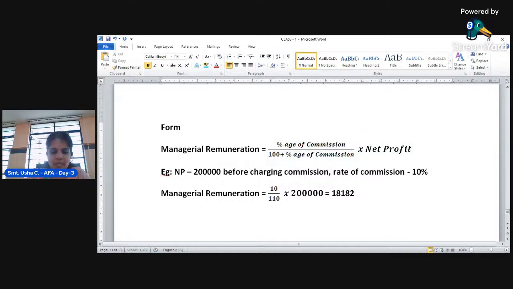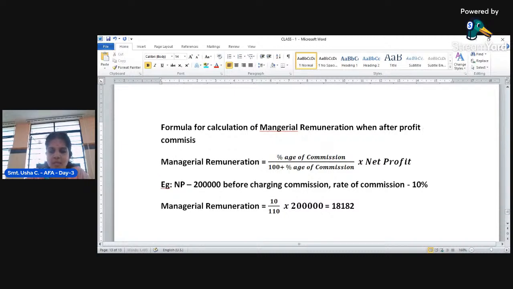This is a formula for calculation of managerial remuneration when after profit commission is given. Okay, this is an after profit commission. In case